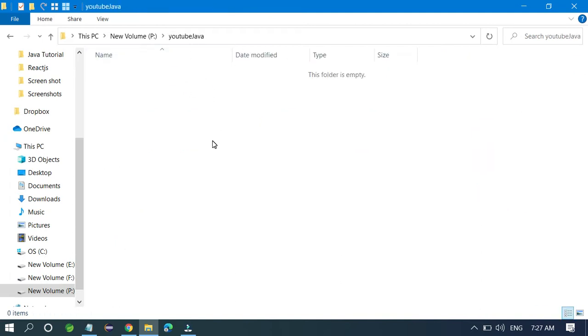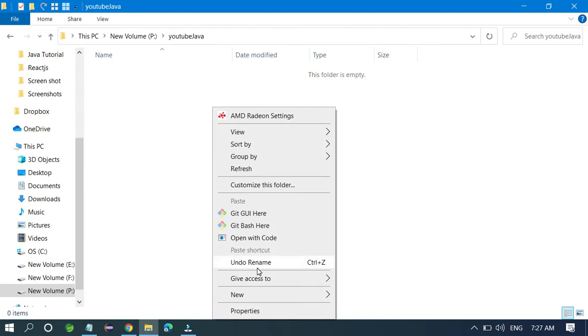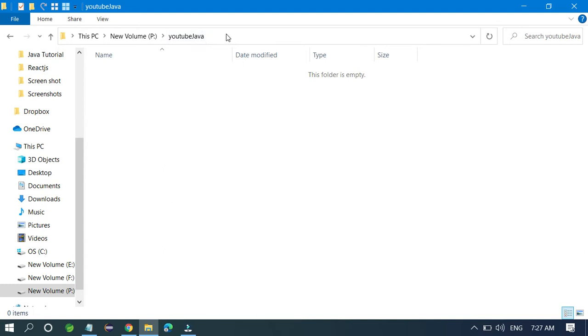So you want to set the temporary path in that place. Just right click. Otherwise you can do one thing: you go to this one, and then you just type cmd.